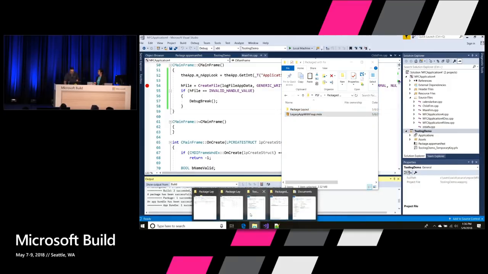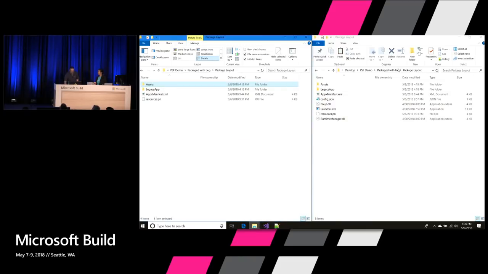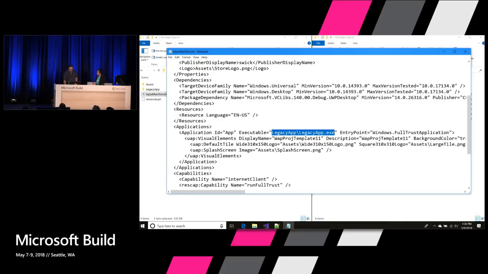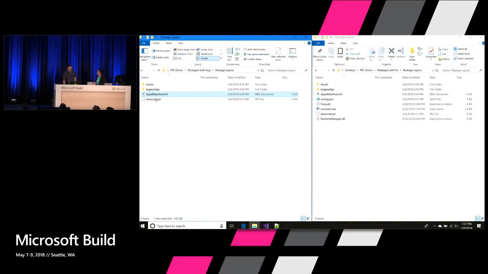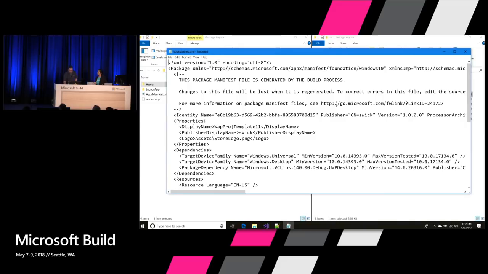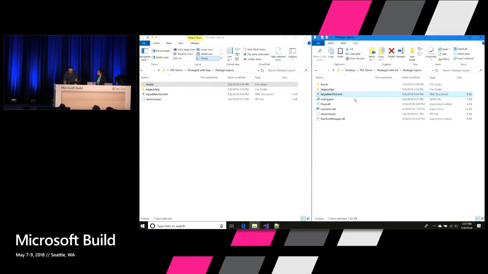Let's take a look at the actual package content. On the left side, we have the original MSIX package without fix-up applied. It's a very simple package. Here's my exe. I have an application manifest. Here's my entry point, which just launches my exe. That's about it. Here are my assets, and that's it. Now on the right side, I have applied the package support framework. The first thing that we're changing here is the entry point; it should point at the launcher.exe, which is this one. Now the launcher.exe is the first thing that comes up